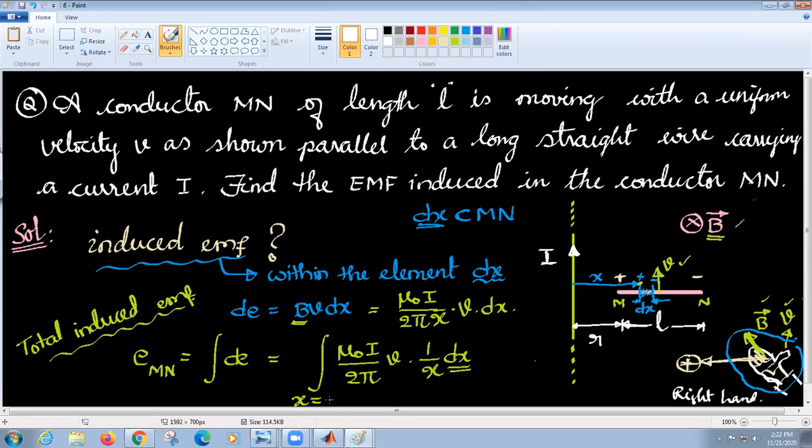R to R plus L. Very good. x is equal to R to R plus L. Why? Because if I reach from here to here, I am traveling R. The moment I reach from this long conductor R units, I will reach one end of the conductor M. Now from here to here you have L, so from here to here is R plus L. In this way I can cover the complete conductor.